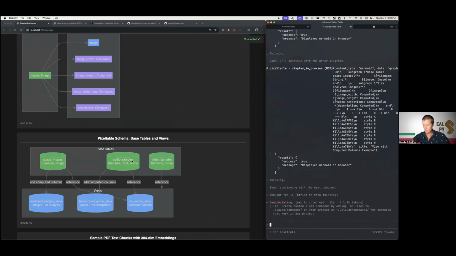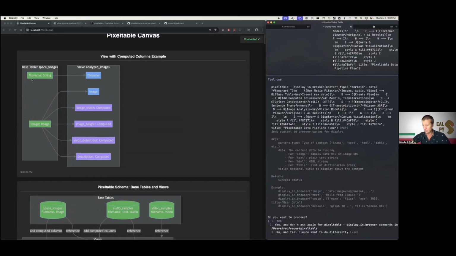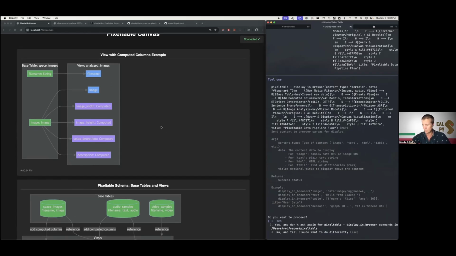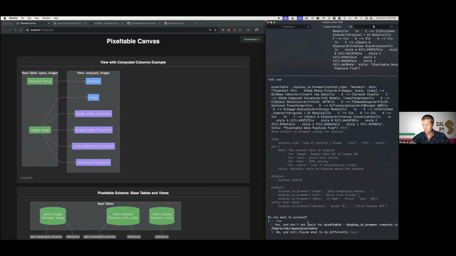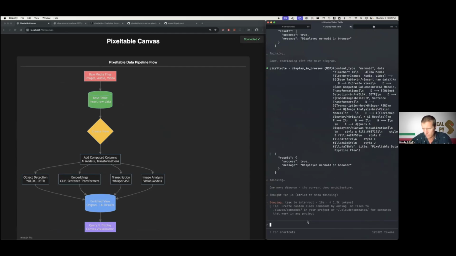It shows all the relationships that are happening in the background when you use it. Or here's space images with computed columns, does YOLO detections, strings. So this is an easy, comfortable way for you to actually use Pixeltable and prototype applications. You could make your first application, and then with the sharing features, you could share that out to the web and have a production-ready application.